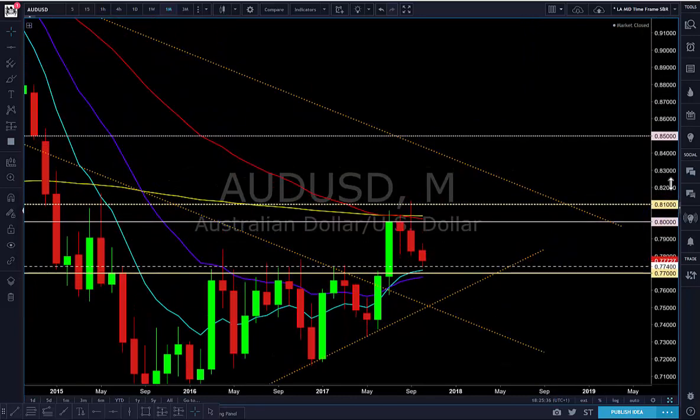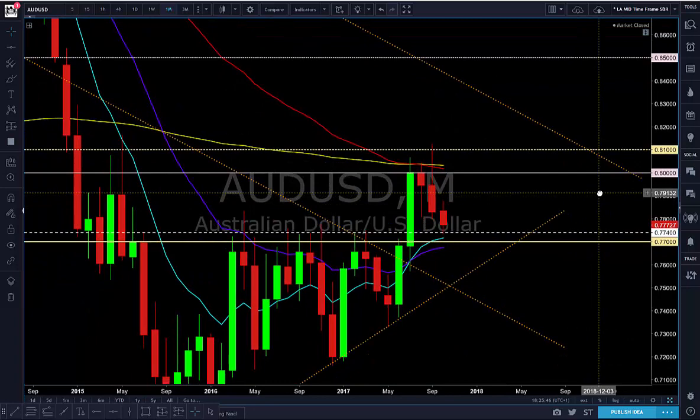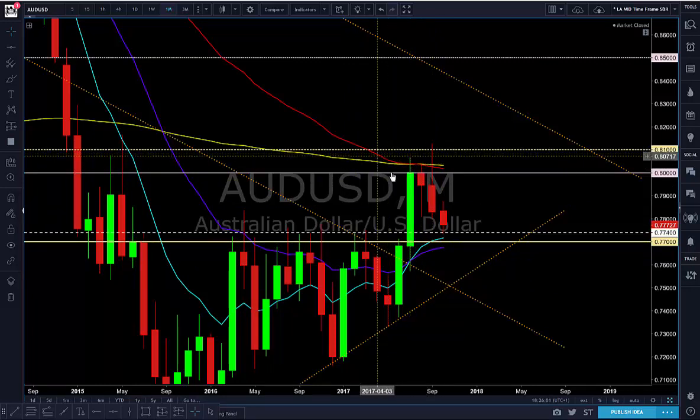So we've got the 20 on the 3 monthly, and we've got quite a few issues going on at the moment. Once you see the number of obstacles that the market's trying to deal with, it's no wonder that it's been selling off. So we had a good momentum bar. We've, for the first time, got well above the 21 and the 10 EMA on the monthly chart, and crashed straight into the 200 EMA and the 50 EMA,